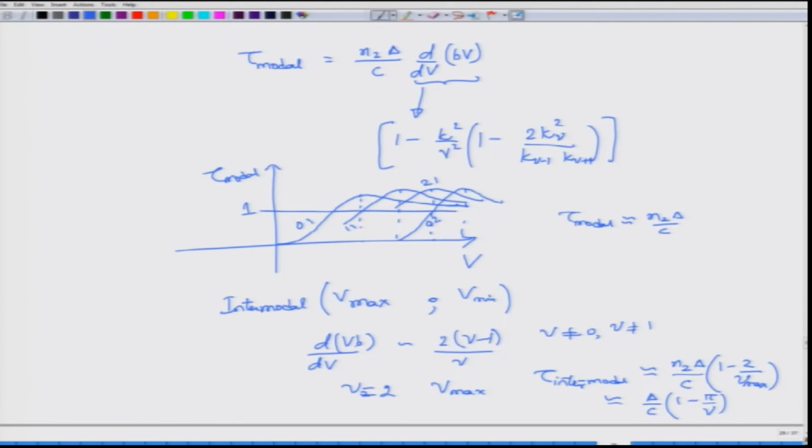So, this is an expression for intermodal dispersion, but for single mode operation there is no intermodal delay because there is only a single mode. In that case you are dealing with intramodal dispersion, and that also can be obtained with some approximations which we are not going to discuss now. So, the net effect is that dispersion in optical fibers comes because of the material and because of the waveguide itself. All these terms, intermodal, depending on V, depending on B, actually came from the waveguide properties. Therefore, the total dispersion is a sum of material and waveguide dispersion.